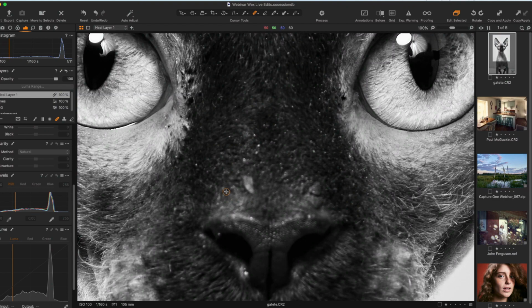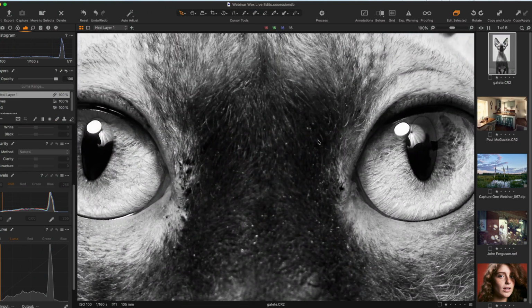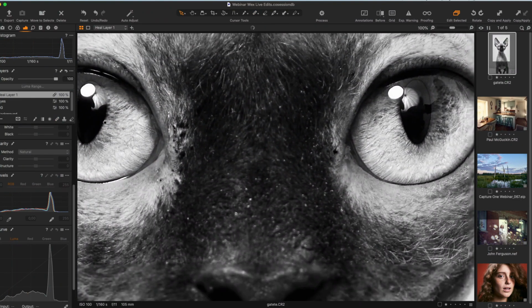I can just set it by holding Alt and clicking on the point of the image that I want to use, and then I can paint again here on this part of the image that I want to get rid of, and it will just replace it automatically, and it will also match the saturation. There is no saturation in this case, of course, but it will match the luminosity settings from one source point to the other, to the surrounding luminosity and colors, and it will just make it look the same. So you can see now that it did a really nice job, and we got rid of these small defects on the hair